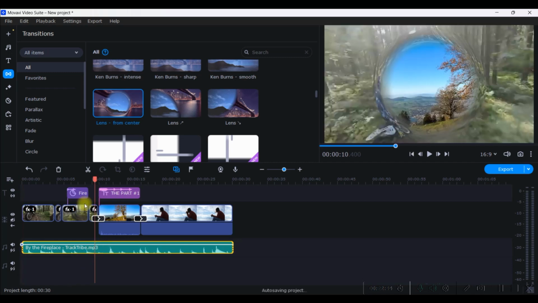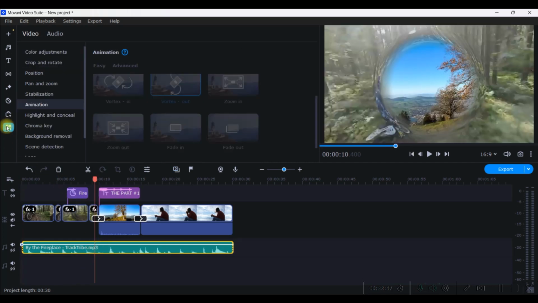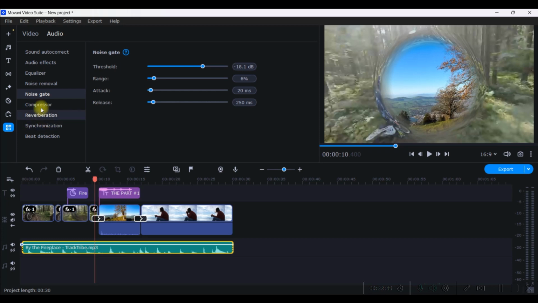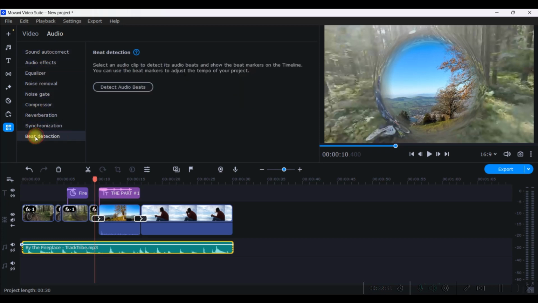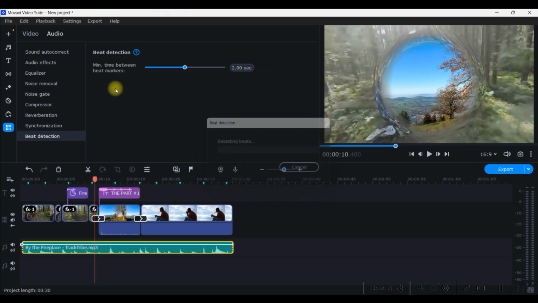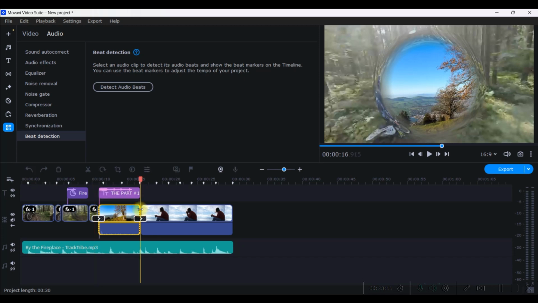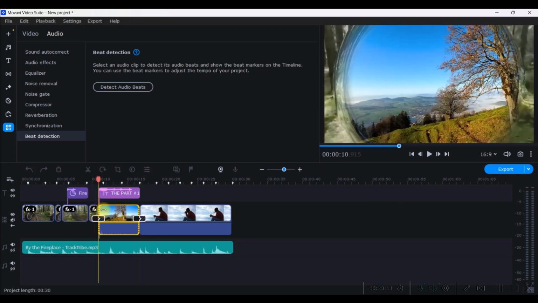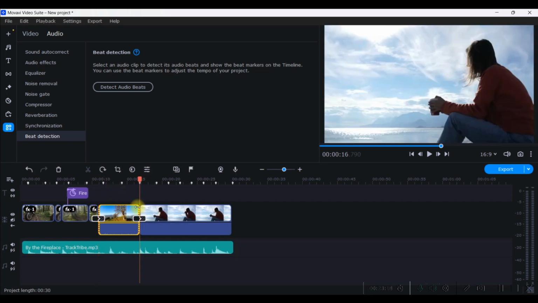Now if I select this audio track, I go to this all tools option. From here, audio option, I get something called beat detection at the end. Now I will go to detect the beats, audio beats. See, it will give me these green dots. Now if you want, you can get more green dots like this, or else you can get fewer green dots as well. So for me, let us go for more green dots, and let us just position these junctions at a green dot, right? And let's see how it turns out to be.